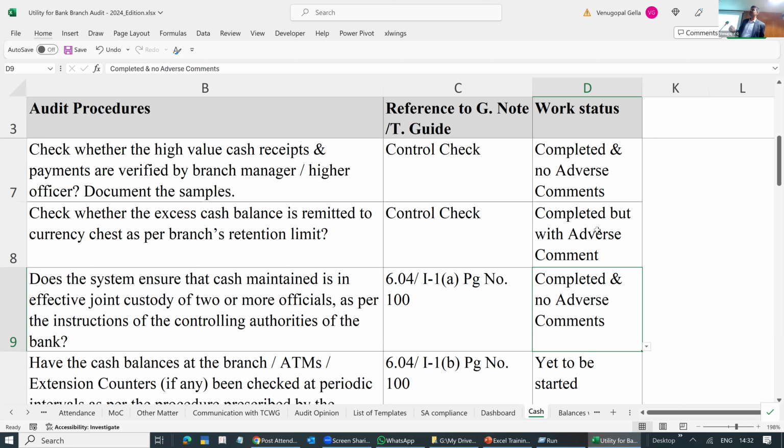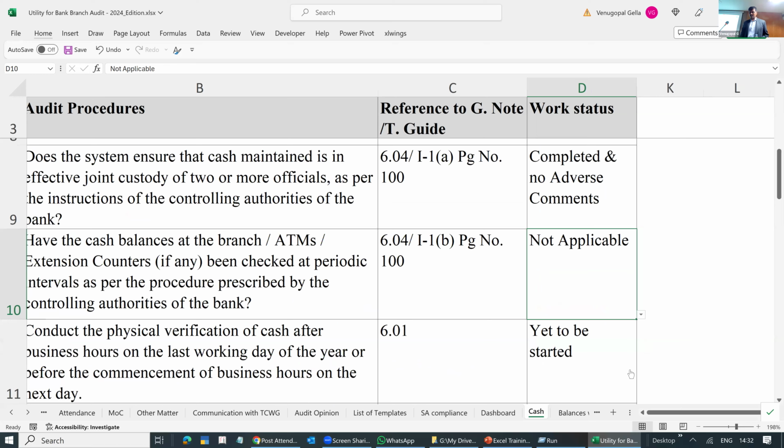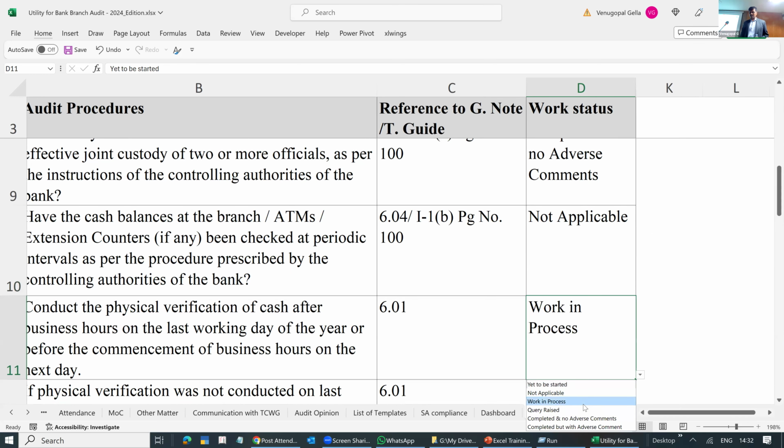But at least give some references in that document, which will give an indication that you have verified something, and the peer reviewer should be happy saying, okay, fine, I trust you. However good friends we are, the document should say, I trust you. That comes from the comment that you have written. So if you have seen some things I have written here, and let's say this one is not applicable, I'm just randomly putting some numbers.